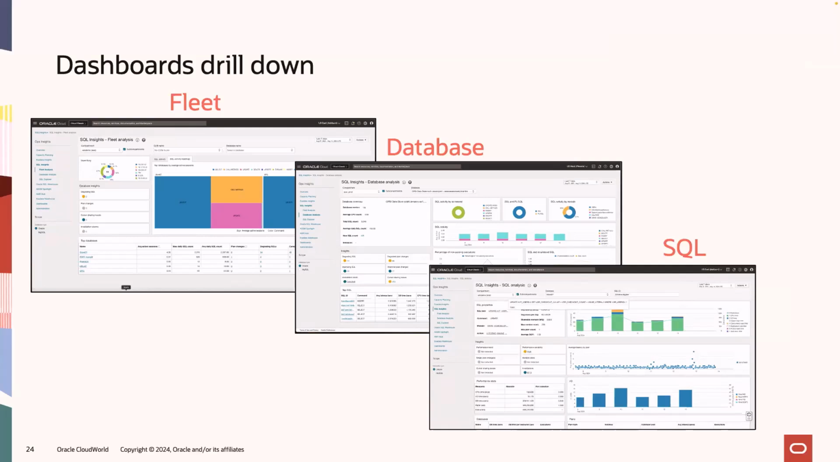And then you can click on that, and then you'll be in the database dashboard for database A, right? And in database A, you can say, well, I got here because I was worried about plan changes, and I see there's X number of degrading plan changes. If you click on that insight tile, you'll get a list of all the SQLs that had degrading plan changes